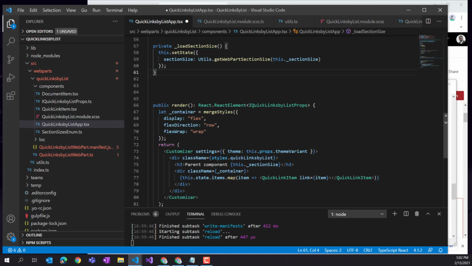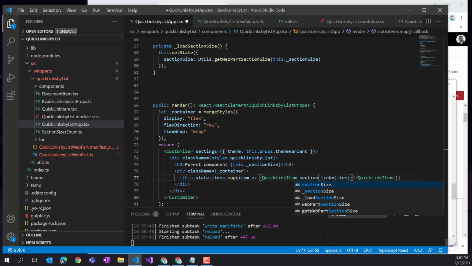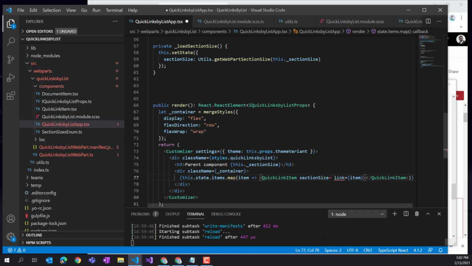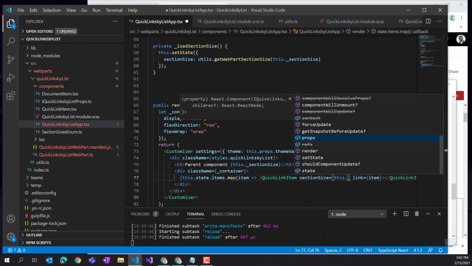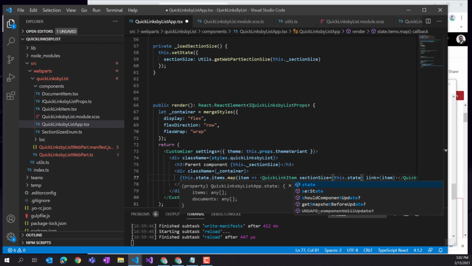We want to pass this down into our child component, and let's say we want to do that by passing it as props, right? So if I look at this quick link, the first thing I want to do is call, and again, I'm making these up, we'll call this section size, and then we'll just pass this down, this dot state dot,